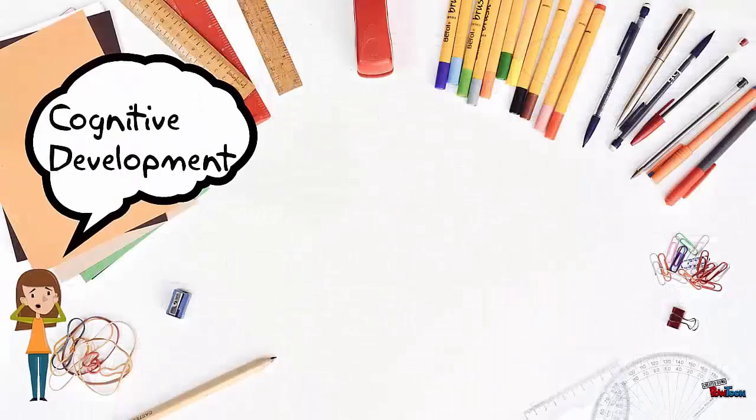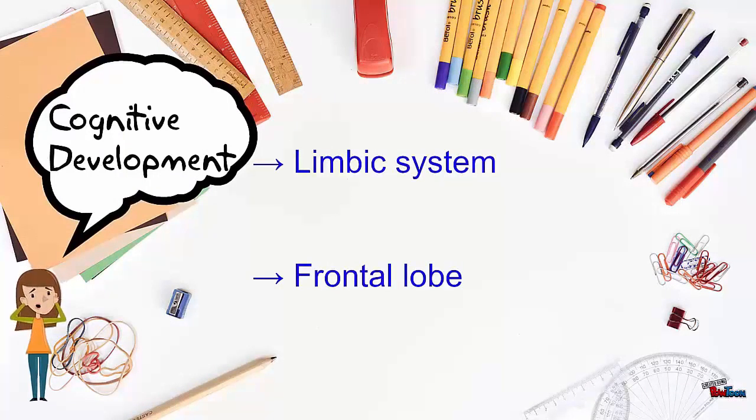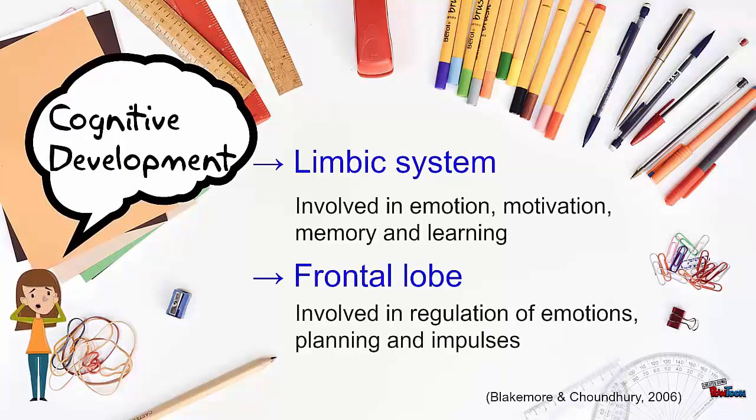Due to Kayla's age in Year 7, her cognitive development may still be lacking, though her physical development is more mature. Brain development in cognitive control is lagging while the limbic system, which is involved in emotions, motivation, memory, and learning, is more developed than the frontal lobe, which regulates emotions, planning, and impulse control. This can be seen as she often hangs out with older students who are being reprimanded for illicit drug use. With the frontal lobe not fully developed, the risk assessment cannot be fully calculated at this stage of development.